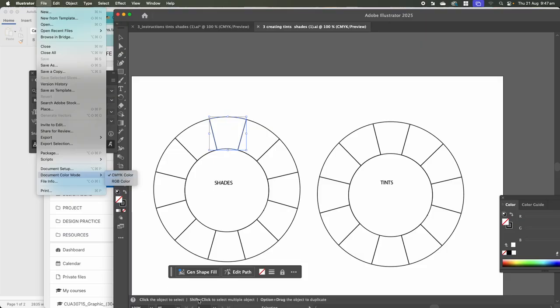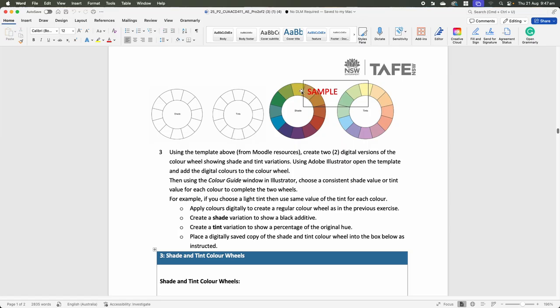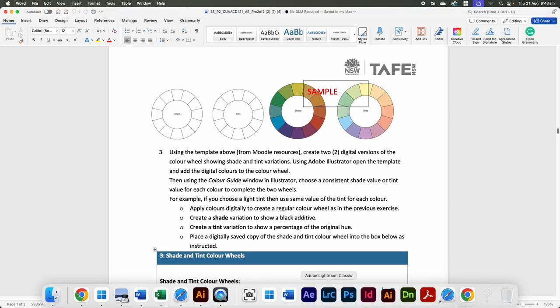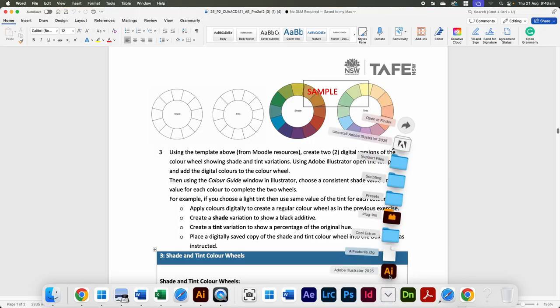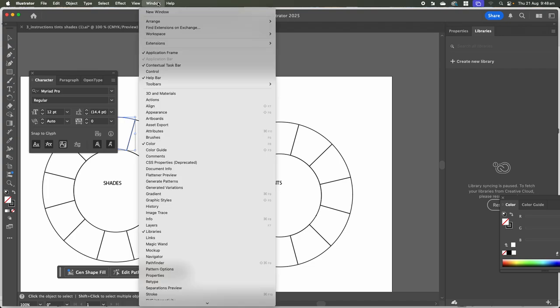So if you have a look at the brief, just flick back to that. This little sample is just to give you an idea of where to put the colours. So we want you pretty much to follow the pattern and start with the yellow at the top. And we're going to use a particular tool in Illustrator to get the tints and the shades. So once you've got your Illustrator file open, you're going to go up to Window and look for Colour Guide. So it's Window, Colour Guide,